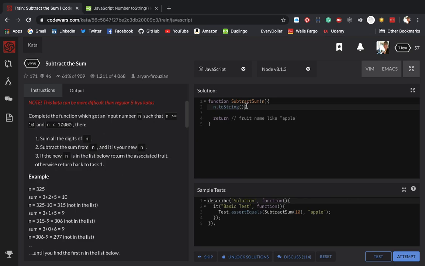So n to string, so in this case it's going to be 10 as a string, and then I can say split, and that's going to be an array of 2 numbers as strings. Okay, and then to get those, it's going to be